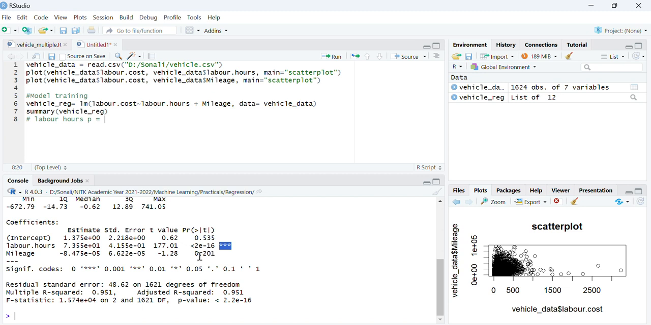That is some e minus 16, raised to the power minus 16. So what does it mean? It means the three stars come over here, that is, the p value is 0.0001. So if I want to find out the confidence, that is 1 minus p, that is 1 minus